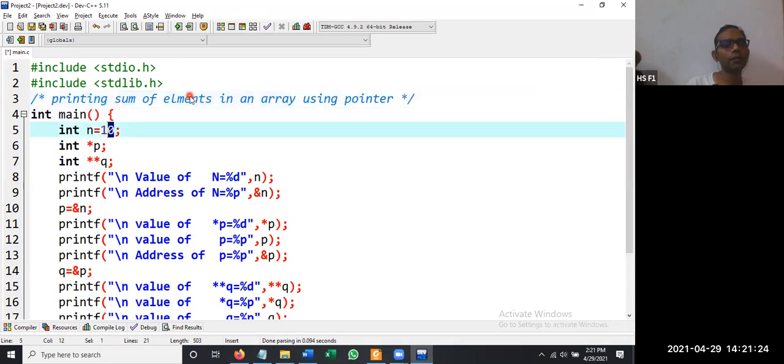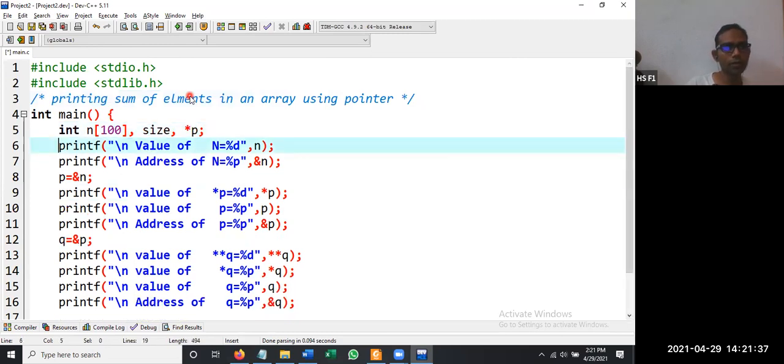So how to declare an array of elements? You're going to say n of 100. I'm considering that 100 is the maximum. Then we will be having something called a size, how many values. Then we are having a pointer called star p. That's it. So printf, enter how many values.